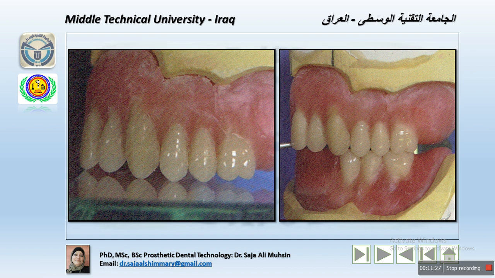The mesopalatal cusp of this molar will be the nearest to the occlusal plane, and the distobuccal cusp the farthest away,